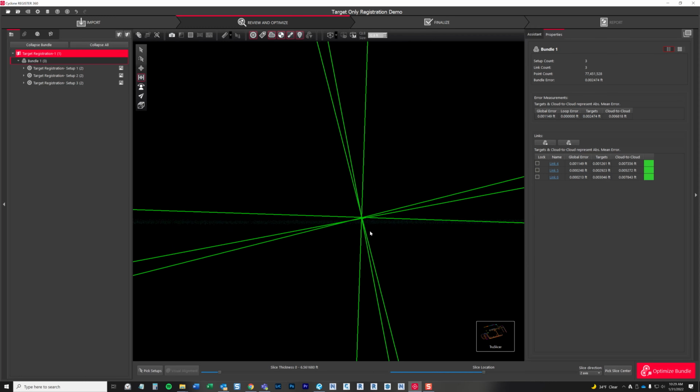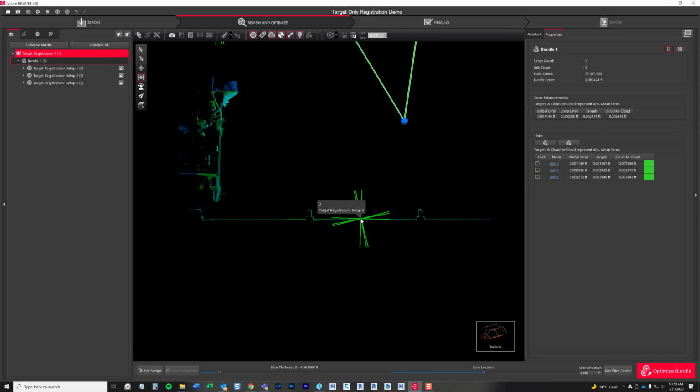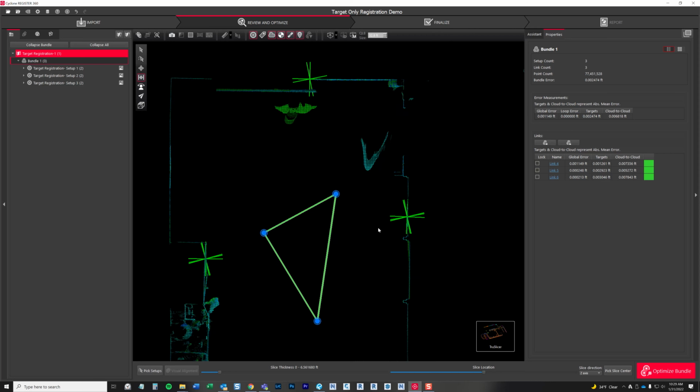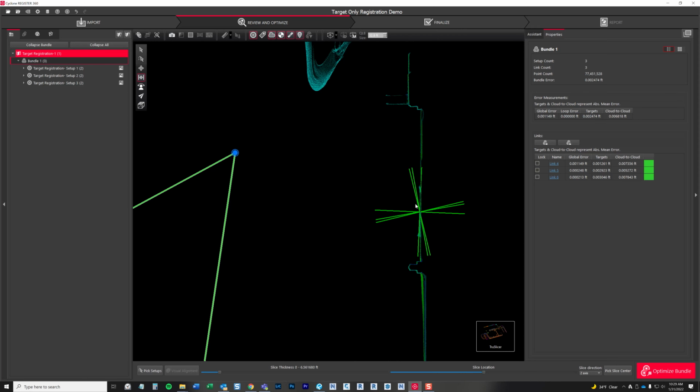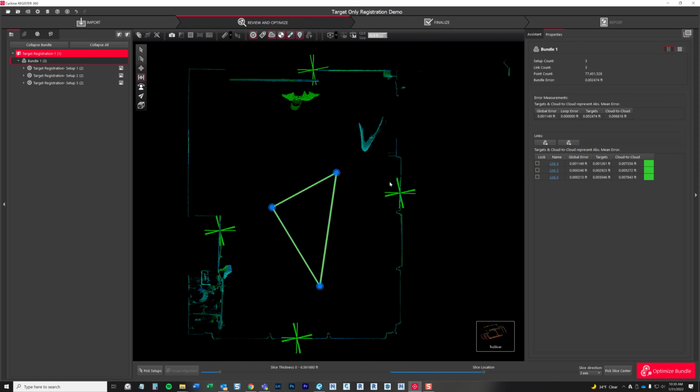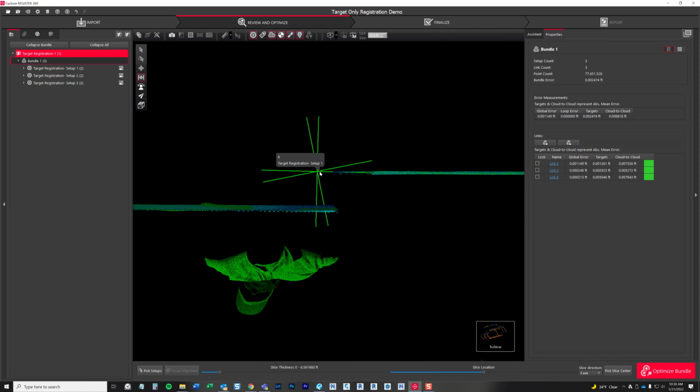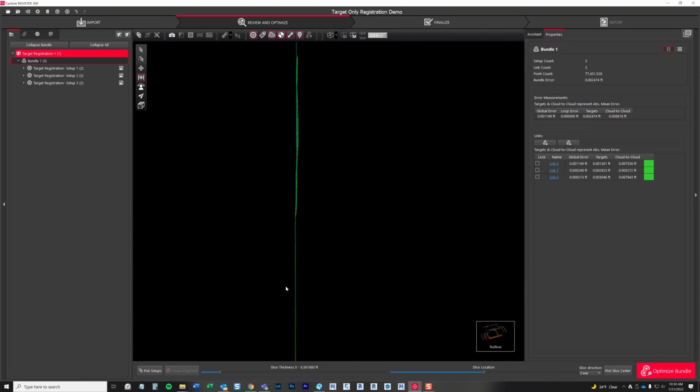So come in here, you can see the targets overlaid and see the center between them. If you really wanted, you could snap a measurement between the vertices to see how well everything's fitting together, but that should be the exact same value that you're seeing right here. So just comparing the links and the target values, that's your average distance between black and white targets. But I just wanted to show you the true slice to show you, yep, everything looks nice and